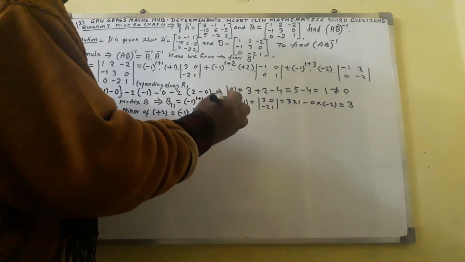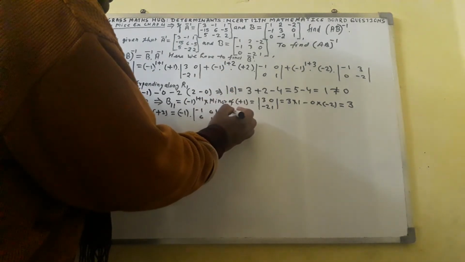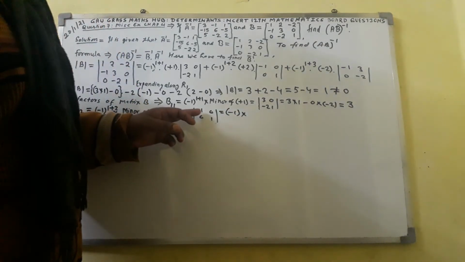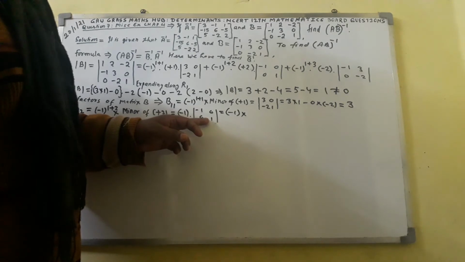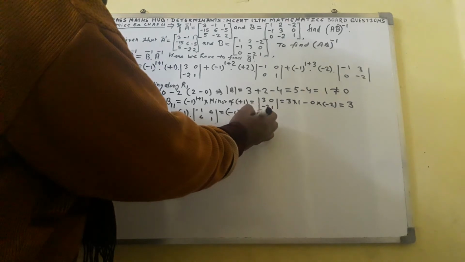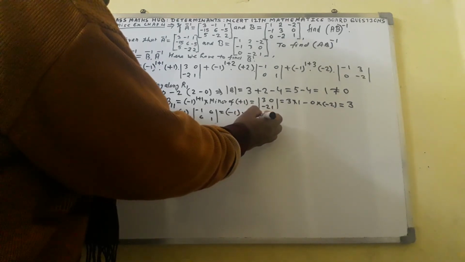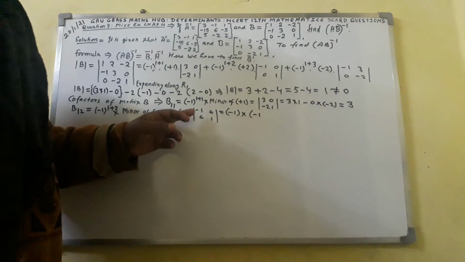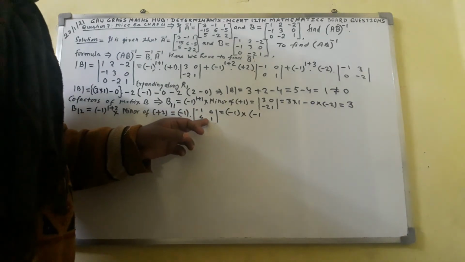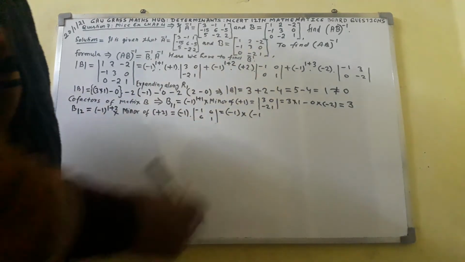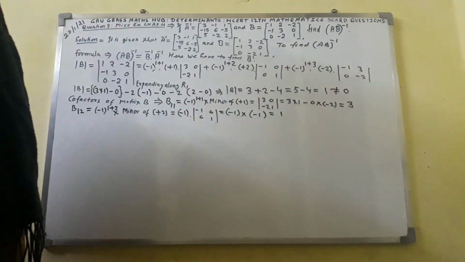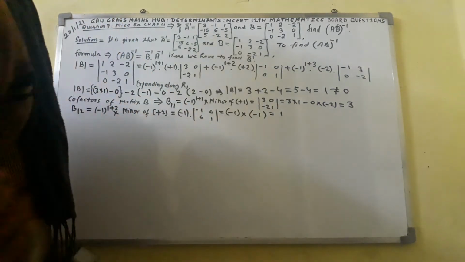You will get here -1. I shall write here -1 into, and this -1 and 1 will multiply together. You will get here -1. Minus 1 will multiply together, you will get here -1, or this will become 0. Here -1. So it comes out to here 1. 1 you have got.